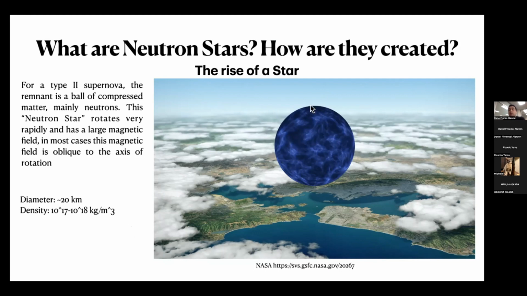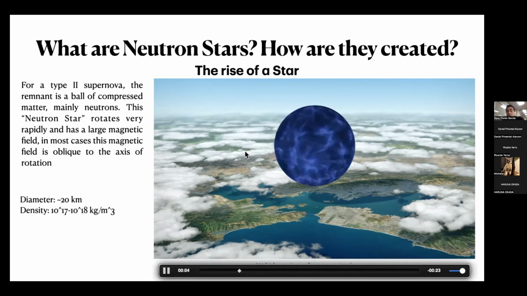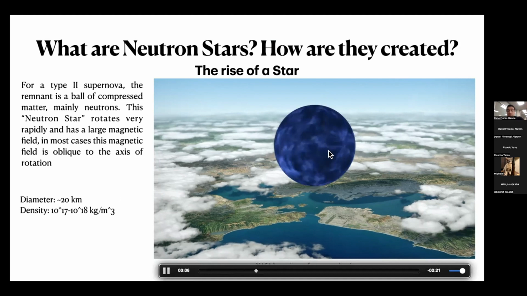Now, another interesting thing is that the father star had a magnetic field, which is also preserved. However, due to its fast rotation and the fact that the magnetic fields have squeezed in together, the magnetic field of a neutron star has also amplified. It can be from 1,000,000 to 1,000,000,000 times that of the Earth. So let me show you this peculiar movie. I hope you can see it, in which the neutron star is supposed to be rotating, and then we're going to see